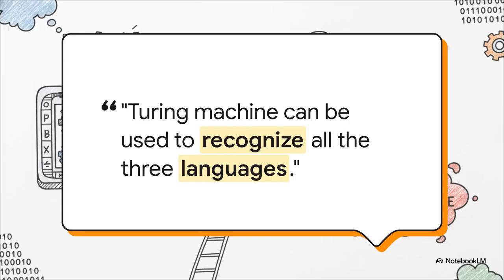And this is where the Turing machine just flexes its muscles. It can handle everything we've seen so far. Those simple patterns a DFA can do, easy. The counting problems that a PDA can handle, no sweat. And so much more. This, right here, is the absolute peak of our computational ladder.